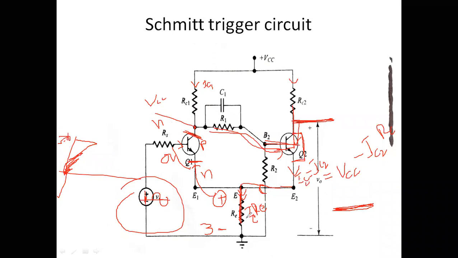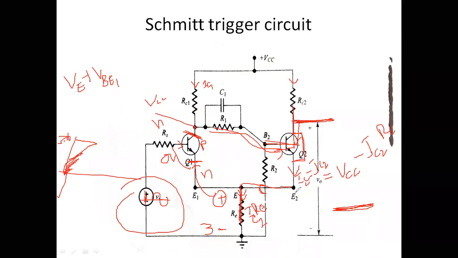Why have I taken 3.6? If I assume the voltage across RE is 3 volts, and here there will be a cut-in voltage of 0.6. Therefore, our input voltage must be greater than the sum of the 3 volts, which we can take as VE, plus VBE of the first transistor. VE is nothing but